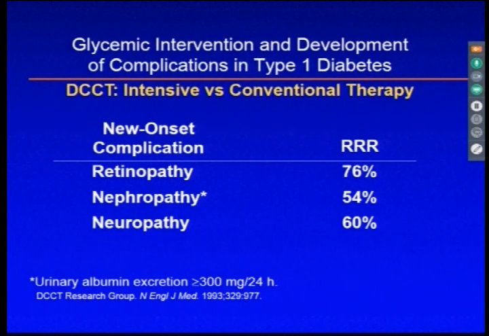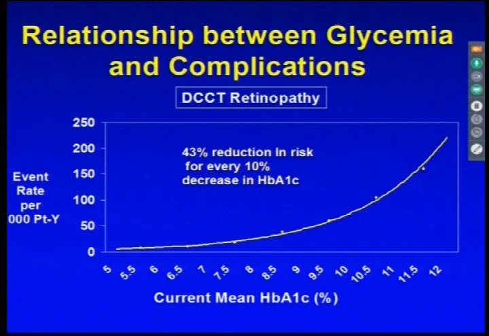This was during the randomization period. So at the end of that period, we then stopped randomization and recommended everybody go on intensive treatment and continue to follow the patients. But before I get into that, this slide looks at the relative risk associated with the A1C. This isn't based on randomization, but